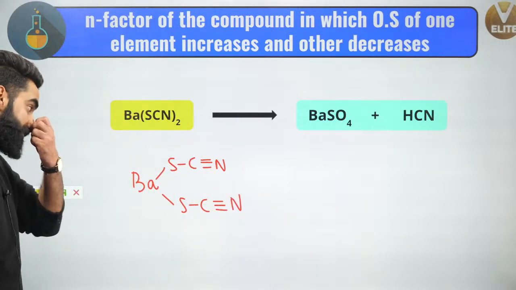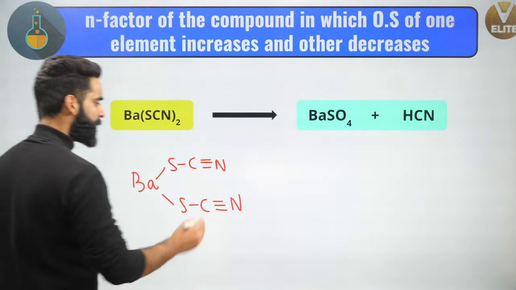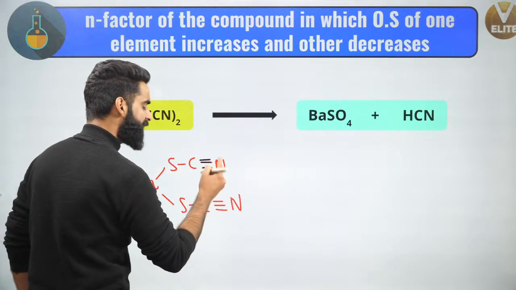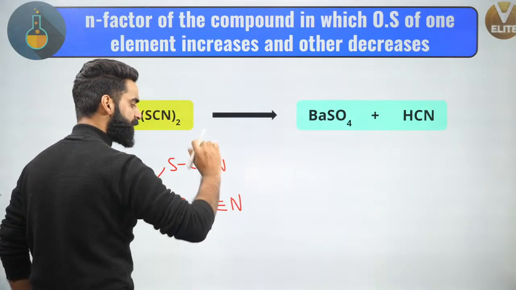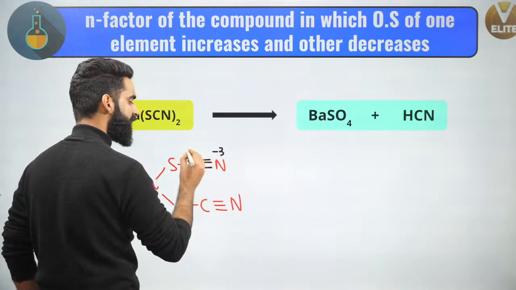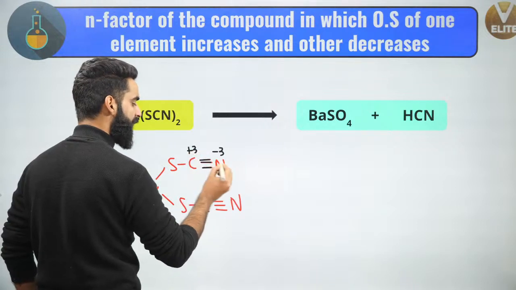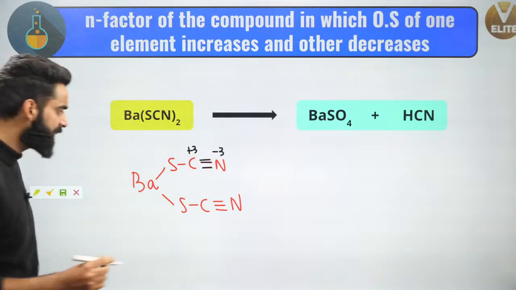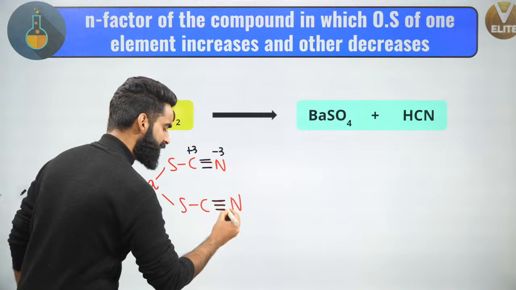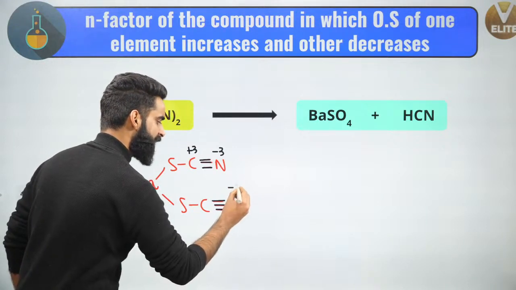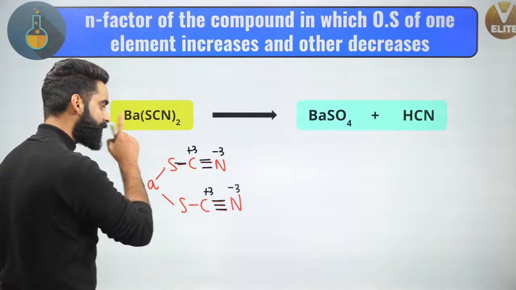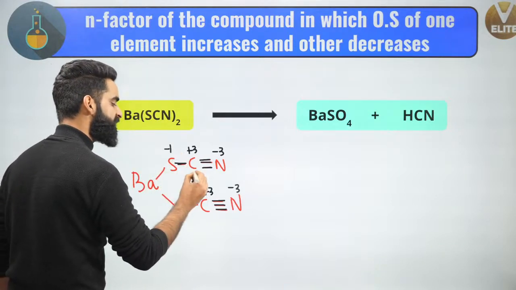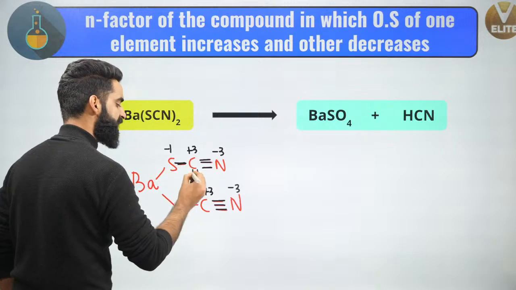Now we will see. First of all, do you remember, due to this triple bond, nitrogen was more electronegative, and over here we have got a triple bond. So nitrogen was having -3 charge, carbon over here due to this triple bond will have +3 charge. We have discussed this in detail. What about this single bond? Sulfur is more electronegative and it's a single bond, so sulfur will get -1 and carbon will get +1 due to this single bond.